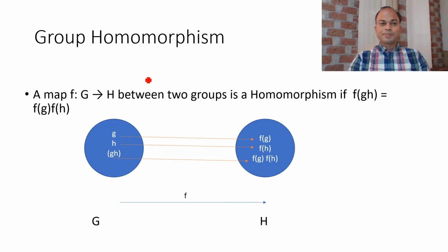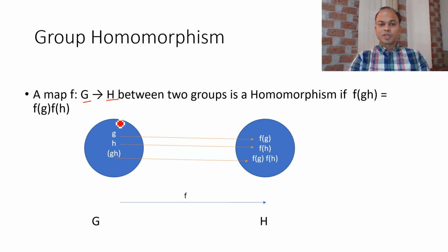In case of the trivial subgroup, every trivial subgroup is always a normal subgroup. Next important concept is group homomorphism. Group homomorphism means we have two groups G and H. These groups G and H are related, are similar under a certain property, under a formula, and here the formula is our function. Based on function f, these groups G and H are similar. This concept is called group homomorphism.